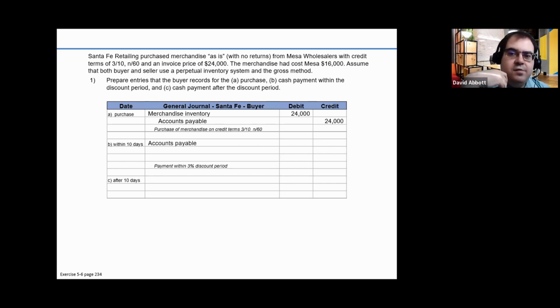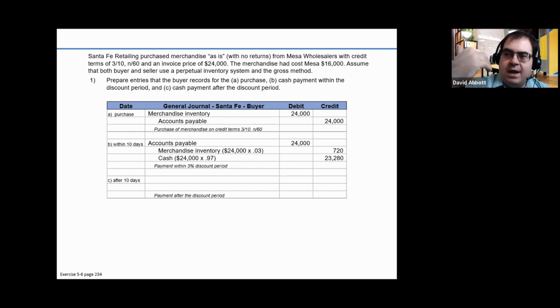Okay, so we credit that in order to increase it. So now, if they pay the bill off within 10 days, Santa Fe Retailing is going to be able to take a 3% discount. So you'll have accounts payable debit for $24,000 because now that's going to make it 0. And then you have merchandise inventory credit for $720. 720 is a 3% discount. And then we're going to go ahead and pay cash for the remaining, which is